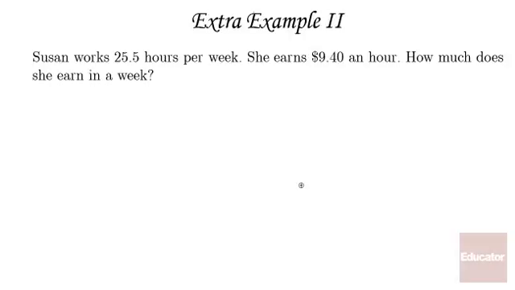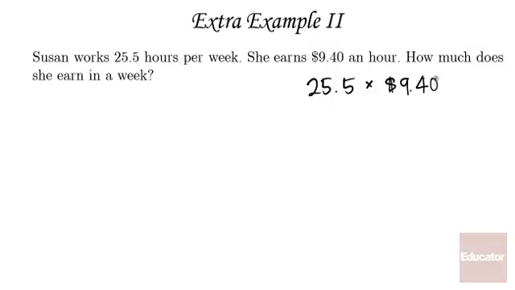Another example: if Susan works 25.5 hours per week and she earns $9.40 an hour, how much does she earn in a week? This is how many hours she works in a week, and this is how much she earns per hour. So to figure out how much she earns in a whole week, I have to multiply how many hours she worked by how much she makes per hour. So it's going to be 25.5 times